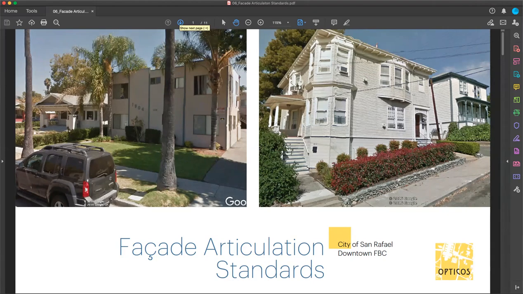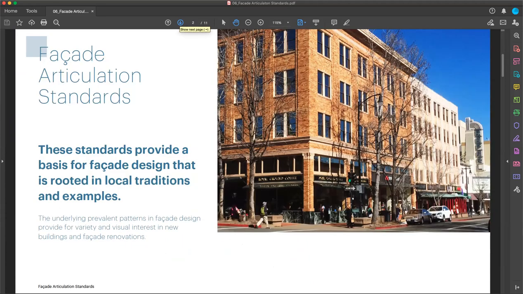The example on the left is more than an architectural problem. You can see the beautiful one-story house on the left, the big porch at its entry, and then this two-story building, whether it's a two-unit, four-unit building, or a single-unit building. It doesn't have any facade articulation to speak of, or that is consistent with the patterns in that neighborhood. So simply, facade articulation standards are really trying to focus on the bones of the building, if you